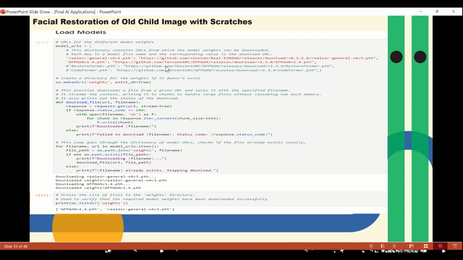And now I wanted to really do some masking of images that have scratches on them and try to figure it out. And then we had to use this model here from the GitHub library, as we talked about. And then we created a directory for the weights here. Use this function here. Then this will loop through the dictionary of model URLs, checking to see if the file already exists. And if so, we're going to have this print statement here. And this print statement here is used to verify that the required model weights have been downloaded successfully,